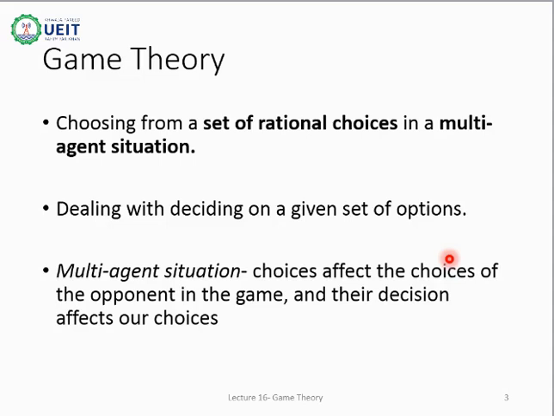An important thing to notice here is the phrase multi-agent situation. It means that there is more than one agent in the environment and they affect each other's success. Von Neumann is credited for the invention of game theory. In Python, the Easy AI library is used for development of two-player games.